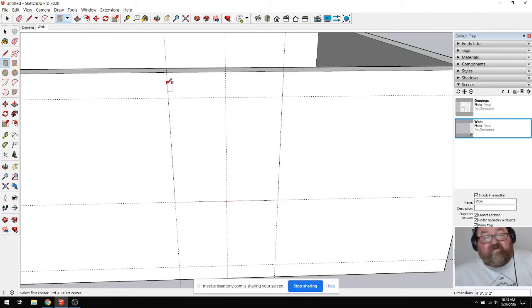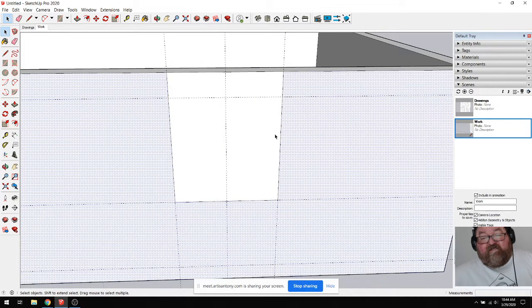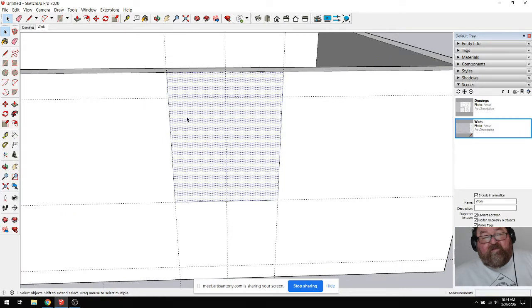Or you can take your pencil and draw that, but I've just found it's easier to use that rectangle tool and just draw that. Now, if I just select that, you see how it's its own face now. Click. It says, yep, it's separate from the concrete walls. So basically, what I did was separate this from that. Now that means I can take my push pull tool and I can push it back